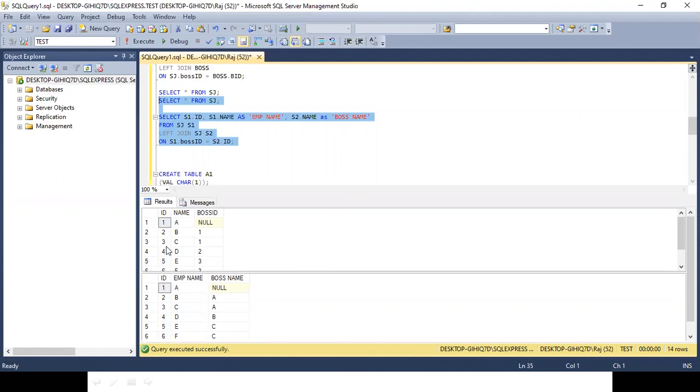I am comparing the table to itself. In other words, I am joining the table to itself. So that means I am talking about self join. When you compare a table, or join a table, to itself, it is known as self join.